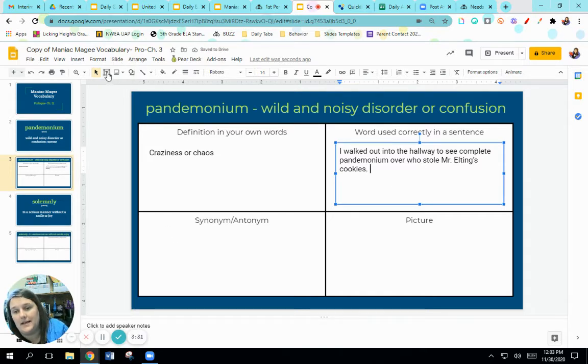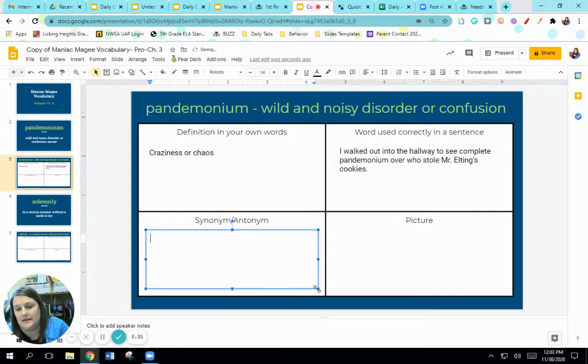Again, if you wanted to create the text box, you just click this little T right here. Then I'm going to give a synonym or an antonym. If you don't know what those are, synonyms are words that mean the same. Antonyms are words that mean different. Okay. So synonym, I will literally just make sure you label it. So synonym, I will literally just put